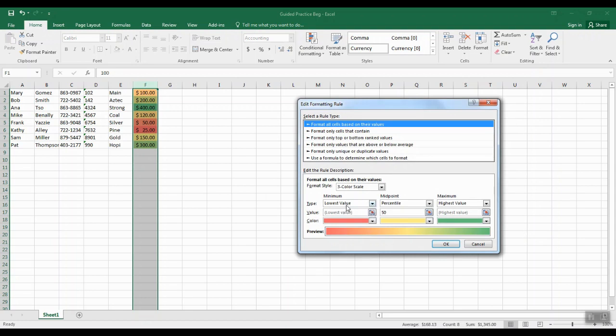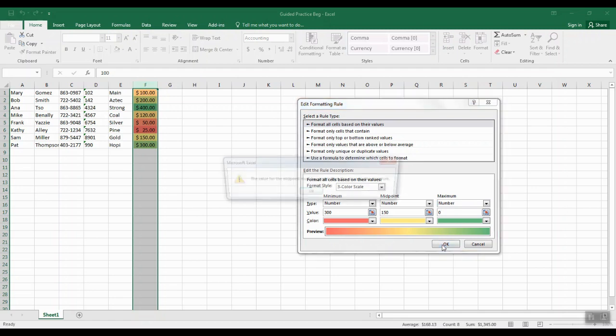Instead of using what's here, so red's fine, but I don't want it to be the lowest value. I want it to be based on numbers. So the lowest, the red numbers, I should say, let's make those the higher ones. So if it is 300 or higher, it's going to get red. If it's 150 to 300, it's going to be yellow. And then we need to also change that to number. So put in 150. And then the last one number, we're going to change that 0 to 150. Okay, so when I click OK,